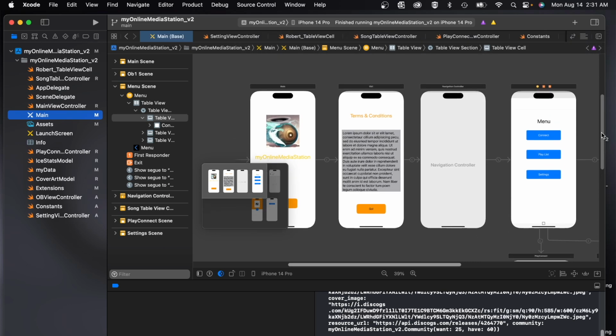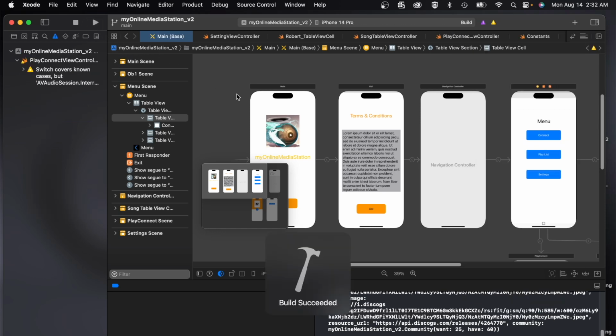Now I'm going to give a demonstration of the application, and then once we're done with the demonstration of the application, I'll go through the programming of the application. So I'm just going to run the thing,